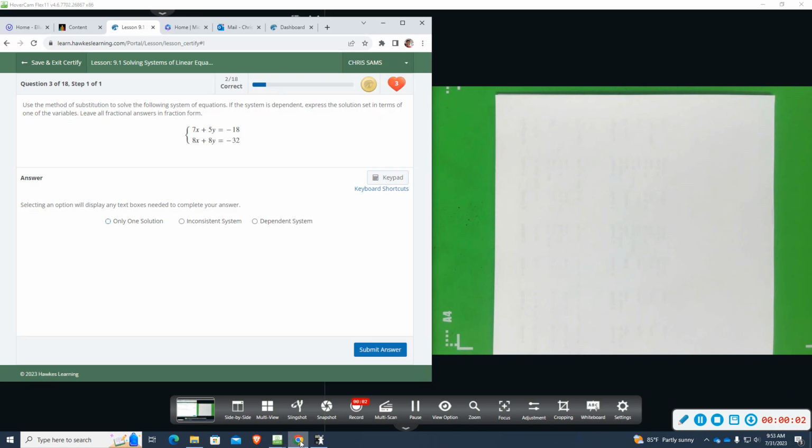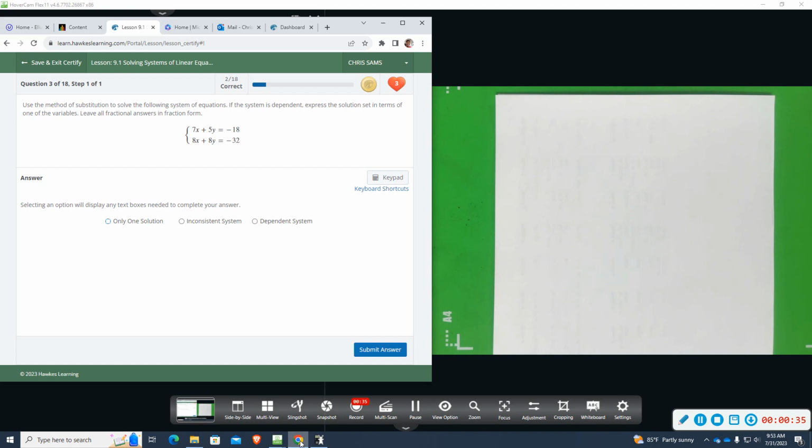All right, so number 3, it says use substitution to solve the following equation. So either way, there's going to be quite a bit of work. I'm okay with you using substitution or elimination. So it's not really easier to do substitution here. So I'm going to just defer you to do the easiest method, the method that's going to be the least difficult for you. So in this scenario, I think it's going to be better to go ahead and do